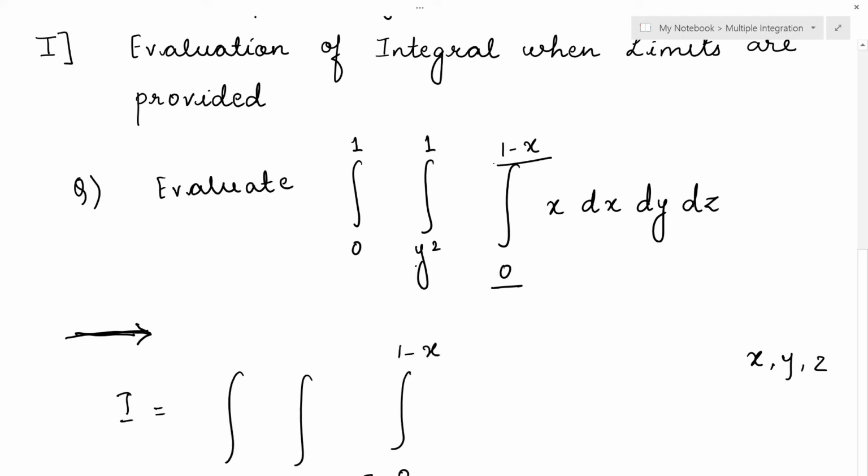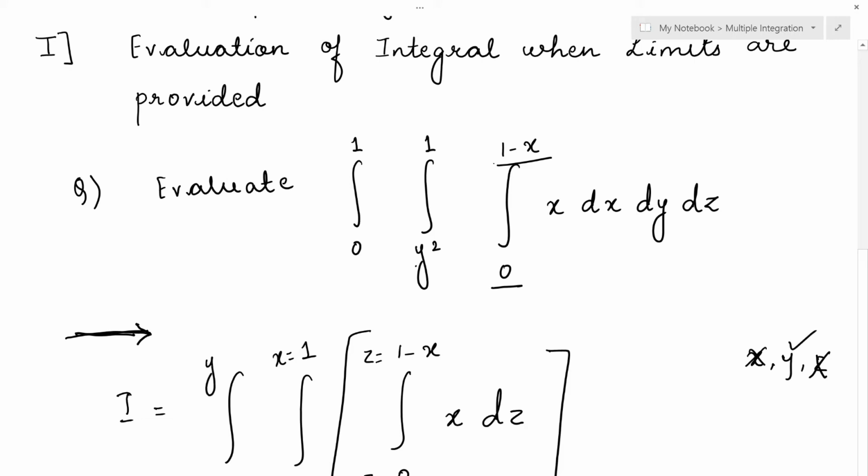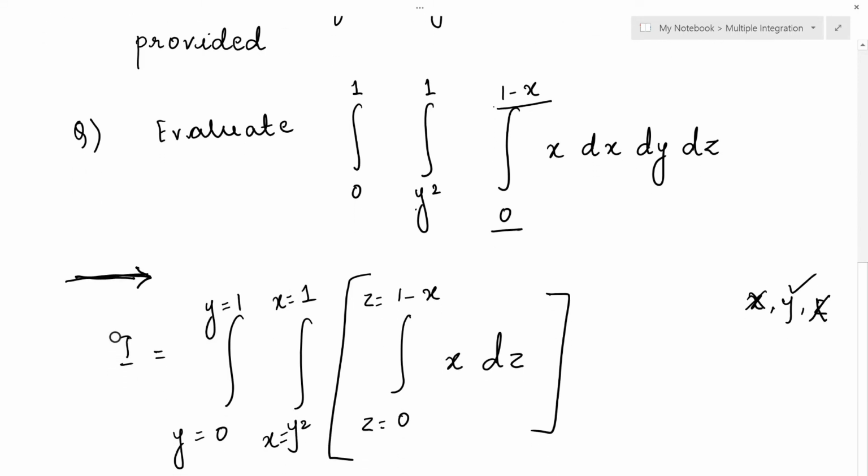So if I take the innermost limits as limits of z, my z is done, right? And it is x dz. So first if I integrate with z, now my outer limits will be y square. Obviously, since it is y square, it becomes a sum of double integration. So that will be x is equal to y square and x is equal to 1, right? So obviously what remains last, the outermost limits will be for y. So it's not always in the order. You have to decide what to integrate first.